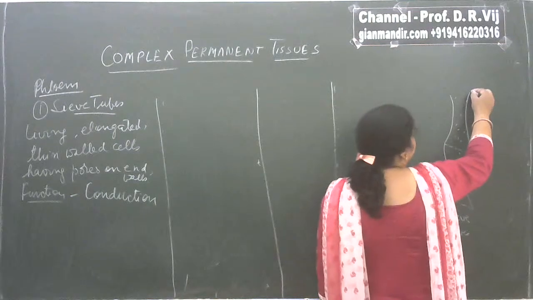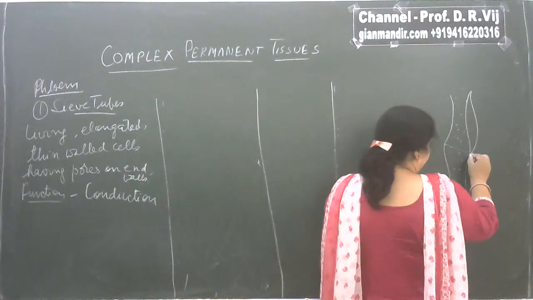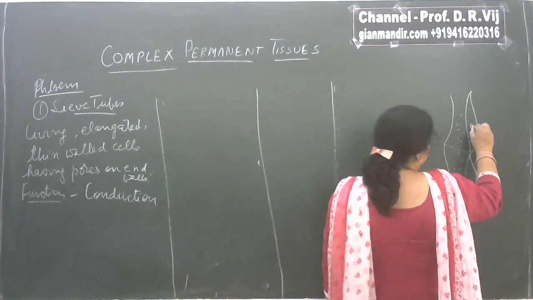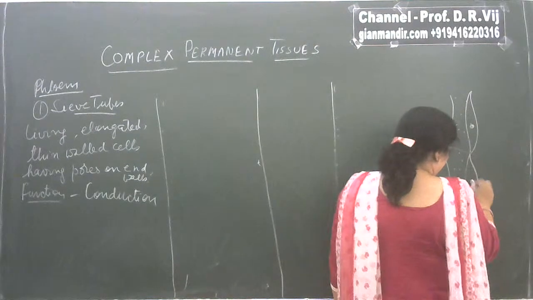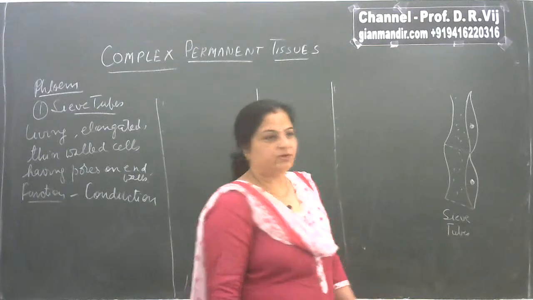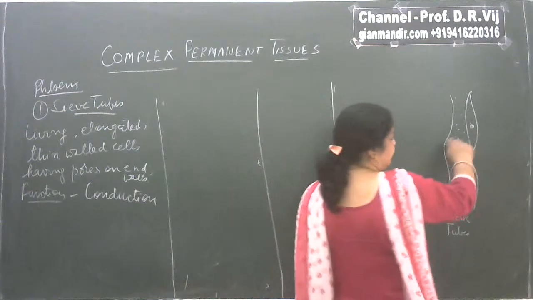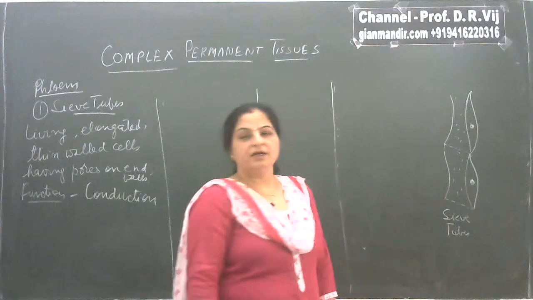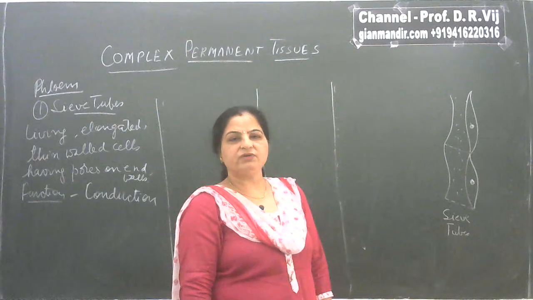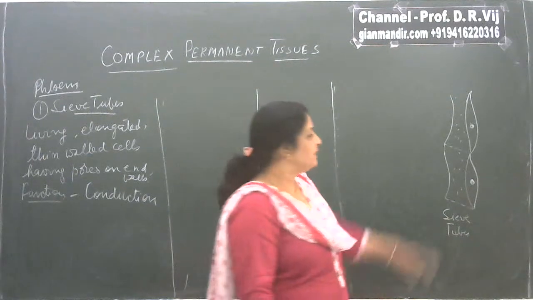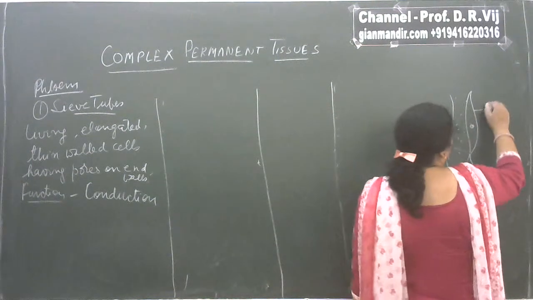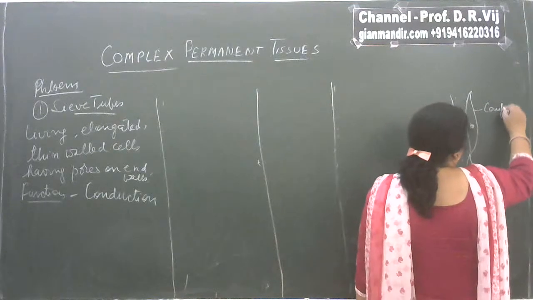Attached to these sieve tubes, there is another component of phloem, that is the companion cell. As the name shows, companion means who gives company or who supports in some function. So these companion cells, as they provide help to the sieve tubes for transport of material, that's why they are known as companion cells. They are long thin-walled cells having the well-developed nucleus,